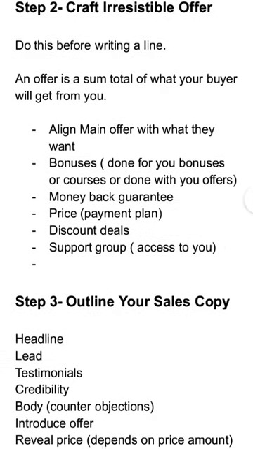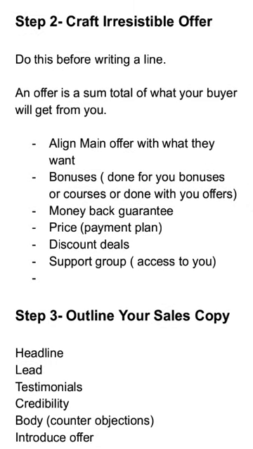Number two, bonuses. Human beings love bonuses. Anytime you want to sell something, always find a way to add bonuses. Bonuses are anything extra you can add to the main product to make it look very rich, to make it have more value. You can have all kinds of bonuses. Bonuses can be done for you bonuses. Bonuses that are done for you means you solve a problem and give it to your client. For example, you are selling a product on how to lose weight, okay? And then you can do an eating schedule for your customer.